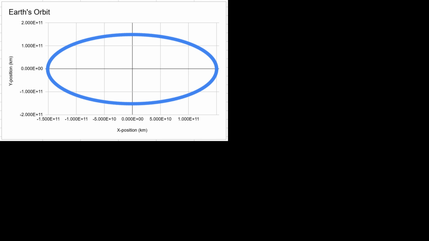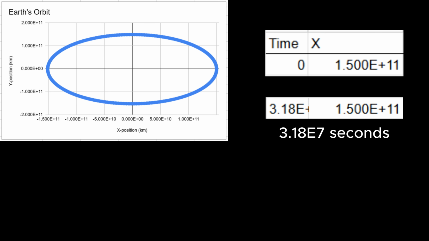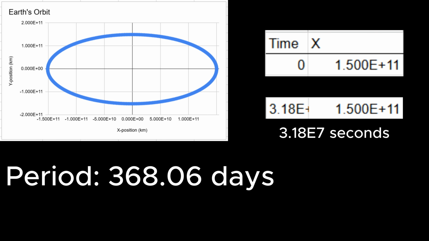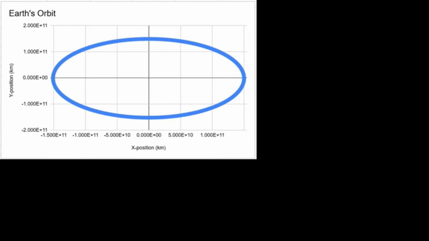To check whether our sheet was accurately simulating the orbit, we found the time it takes for the orbit to return to its original x position. This resulted in a period of 368.06 days, a value quite close to the Earth's actual period of 365.256 days. Now that we'd confirmed that we'd successfully simulated an orbit with the spreadsheet, our next step was to